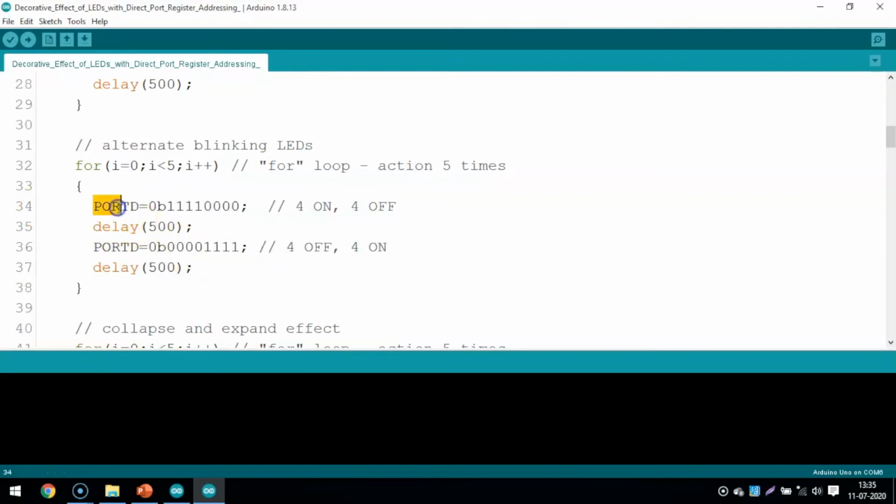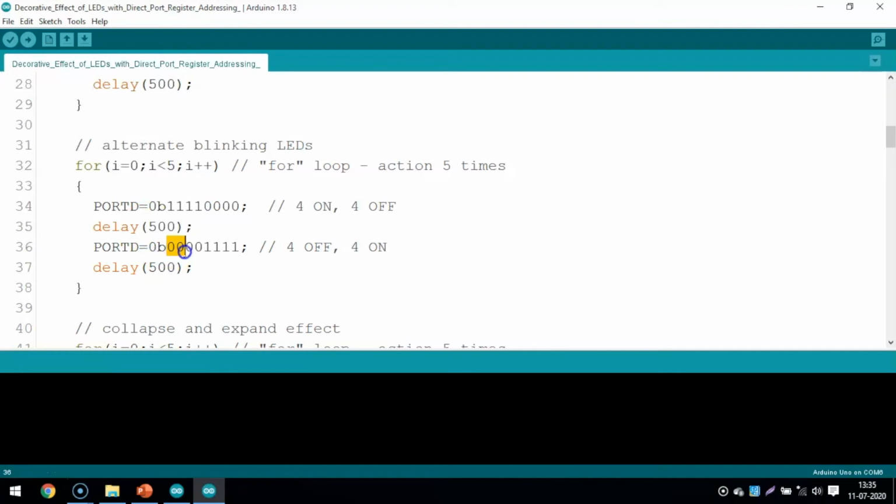See, here I have written PORTD equal to 0B, and these are 4 ones and these are 4 zeros. So what will happen? One side's 4 LEDs will glow and the other 4 LEDs will remain off. So 4 LEDs on, 4 LEDs off. That will occur for 500 milliseconds.